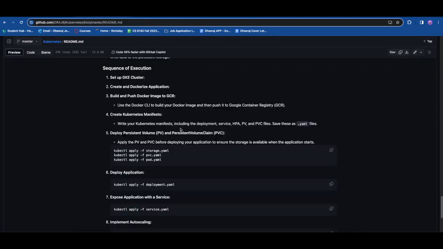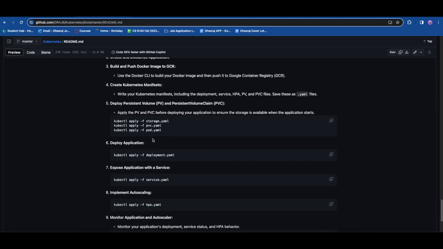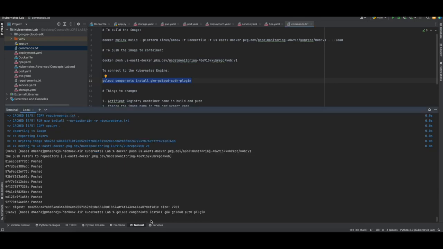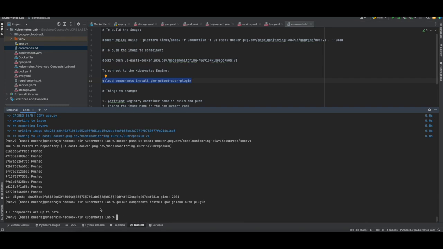Now following up the execution, first we need to mount the persistent volume and the volume claim. So for that we'll use these commands, but before that we need to connect our terminal to the Google Kubernetes Engine. To do so, we need to use this command: gcloud components install gke-gcloud-auth-plugin. So it says all the components are up to date. If you don't get this message, you'll be given a prompt of choosing yes or no. So you can just give the yes command, then you'll get it activated. Once that is done,